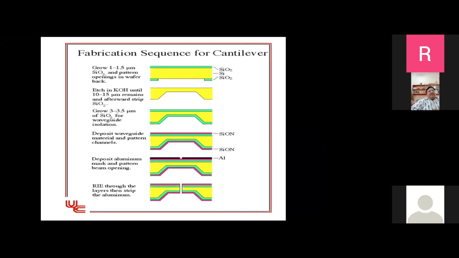One of the features in this process, which you call bulk micromachining, is that the silicon itself is acting as a structure, with a few optical layers above and below. That is an important feature of bulk micromachining. You need the properties of silicon, like the strength, refractive index, and Young's modulus, and all these properties of silicon are important in the design of this device. Let us go to one more example.